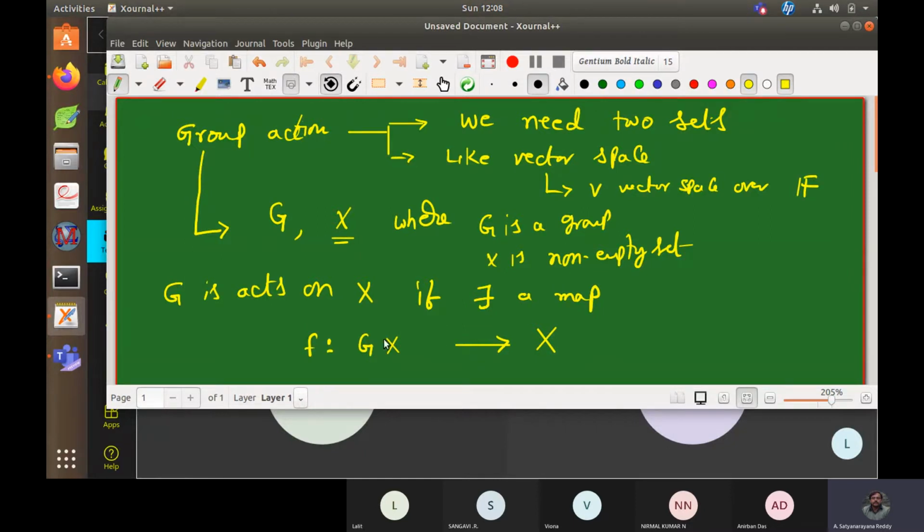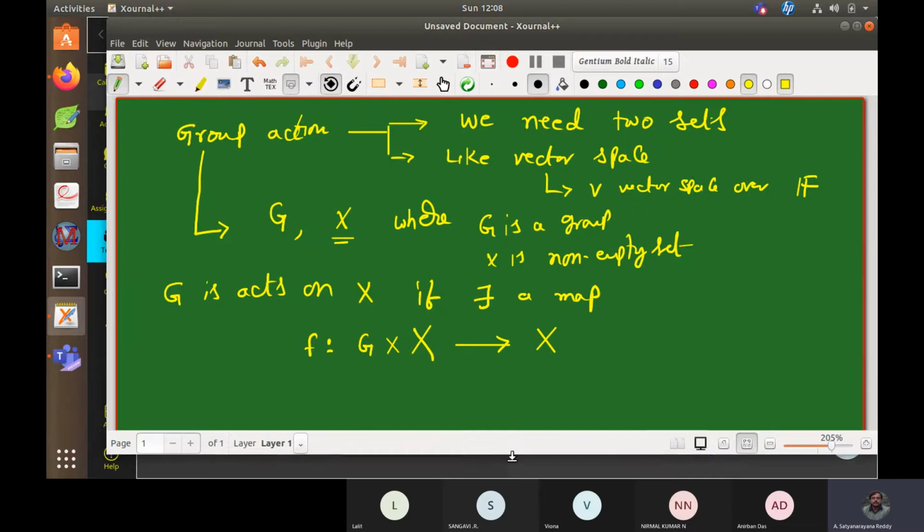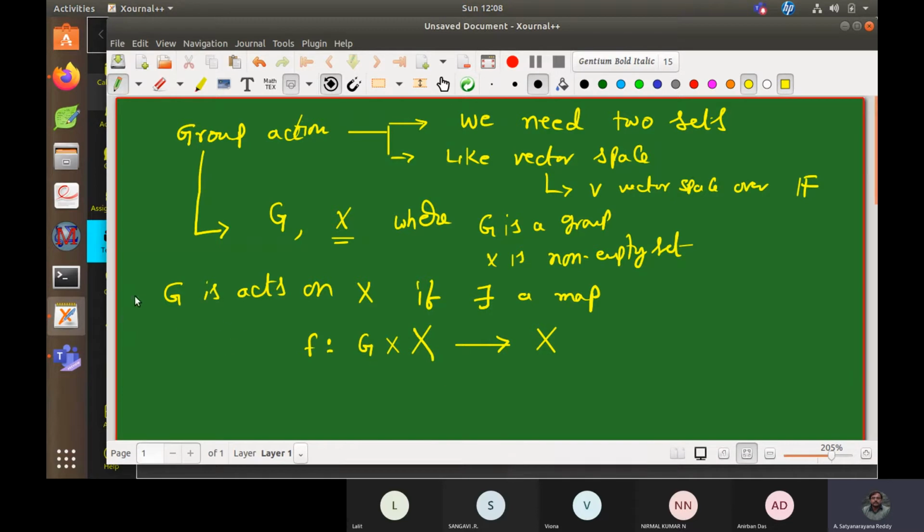As you know, there exist many maps between two sets if I give them, but it has to satisfy some condition, then only we'll say that G acts on set X. So G is acting on set X if there exists a map F from G cross X to X satisfying